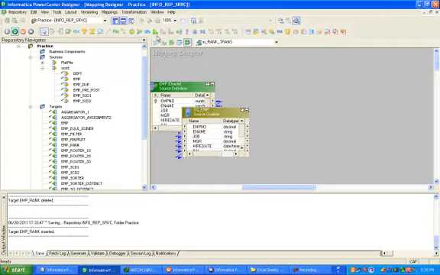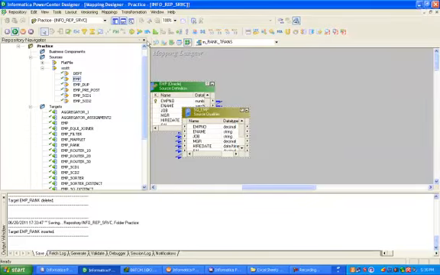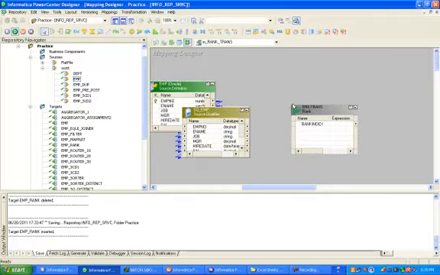Click on rank transformation. You can create a rank transformation using the Transformation tab menu, Create, select your transformation and give whatever name you want. Otherwise, you can click here.